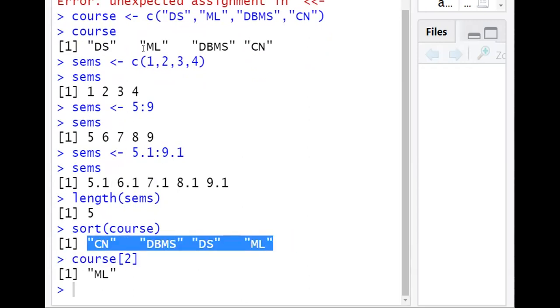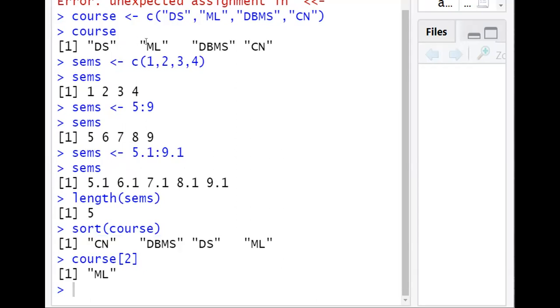So according to the actual vector, the one in the second index is ML. So here indexing will start with 1. Unlike other languages where indexing starts with 0, here it starts with 1.